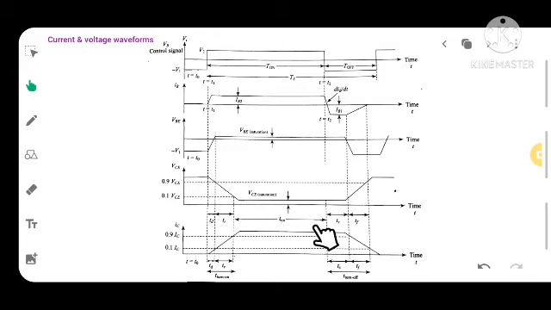What is TD? You can simply define TD as the time required for the collector current ic, which is the instantaneous current written in small letter, to reach 10% of the steady state current IC.